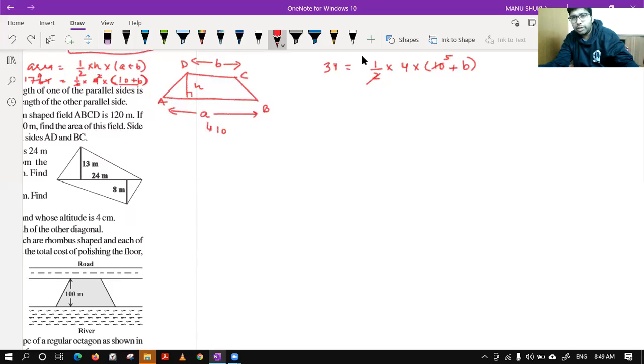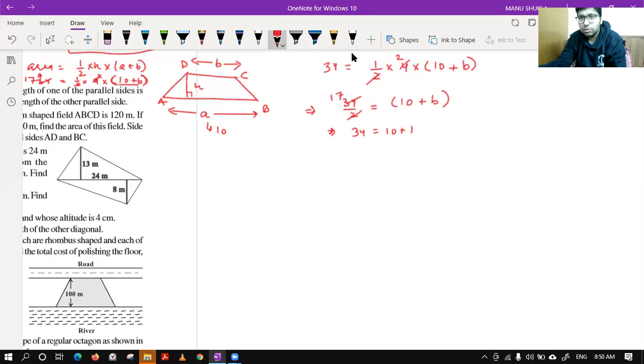Let me undo this. So 61. Okay, so 2 2s are 4. We can cut this because this is independent. Now 2 is left on this side. This 2 will come on the left-hand side and becomes 34 upon 2 is equal to 10 plus b, and finally we will get 2 17s are 34, and 34 equal to 10 plus b, sorry, 17 is equal to